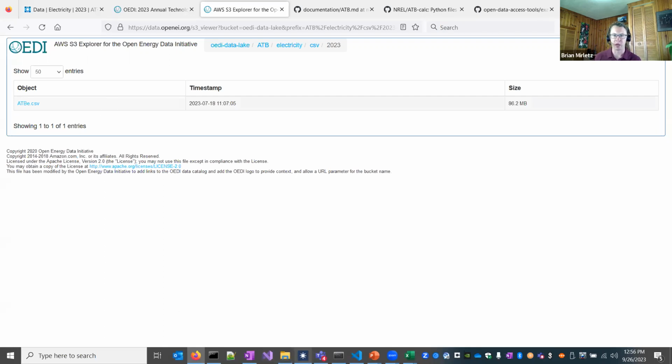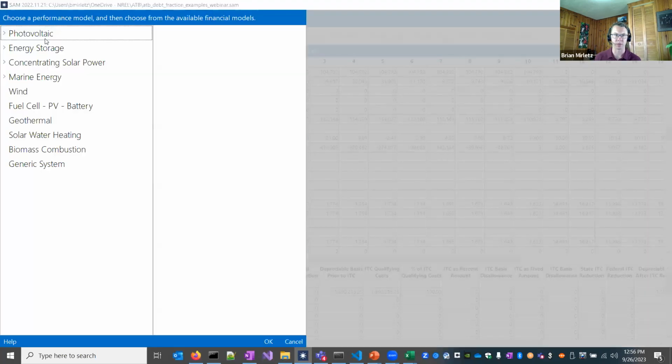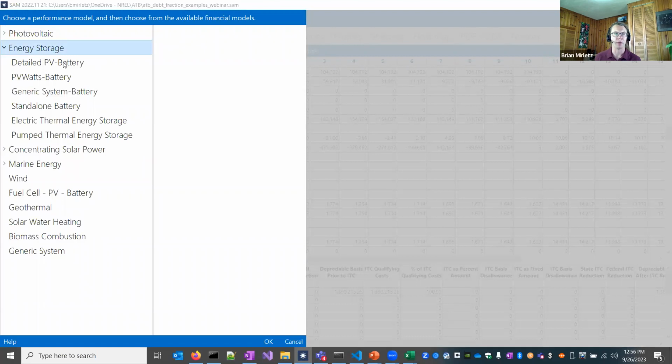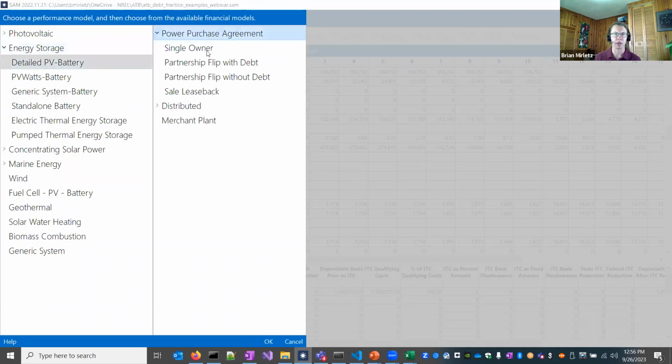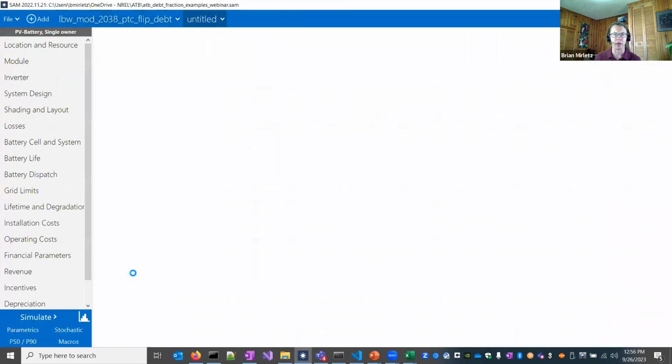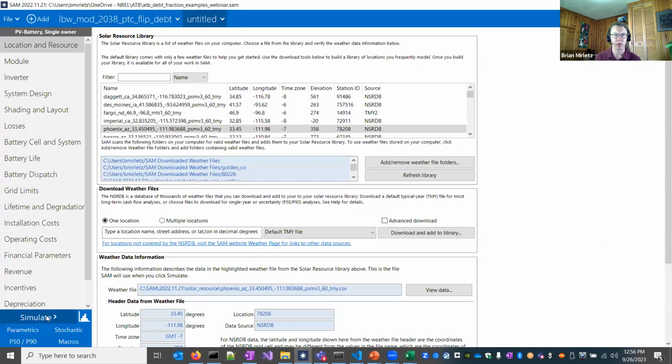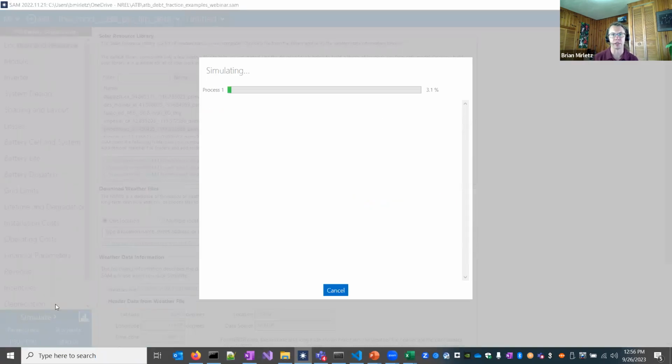I will say that if you're interested in LCOS for a specific project and a specific use case, if we go into SAM here, and let's just pick the default front of meter PV plus battery system, and we run this, and this takes 20 or 30 seconds. The default here is a PV array in Phoenix paired with a 4-hour battery with some basic time of delivery assumptions that it's dispatching against. And once this is finished calculating,